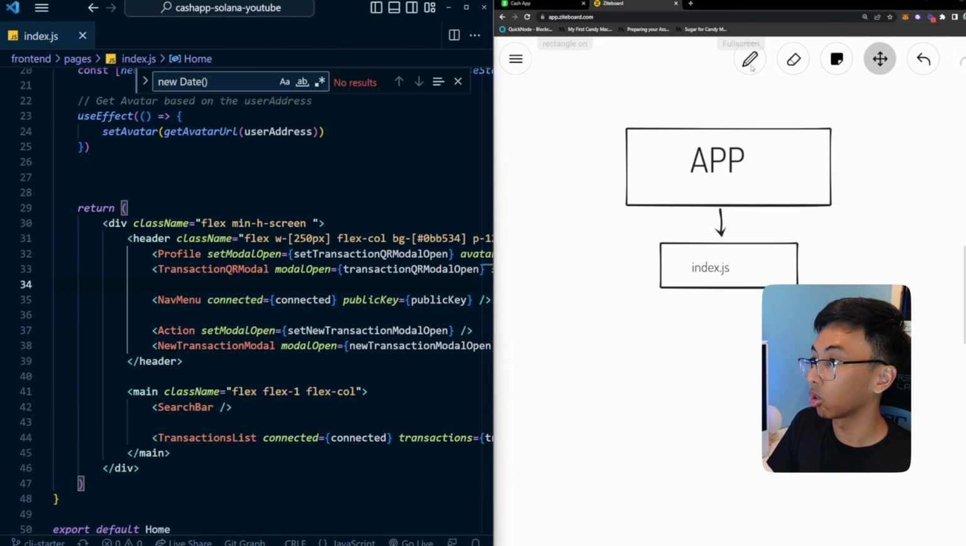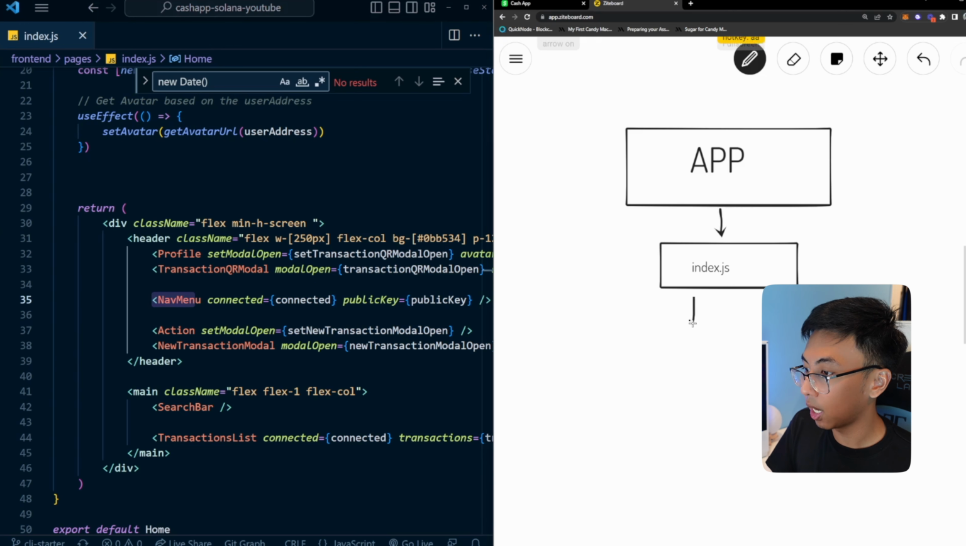So let's illustrate that now. So what did I comment out? Nav menu. So that means here, the index.js has a child of the nav menu, right? It also has a child of transactions, right? Transactions,